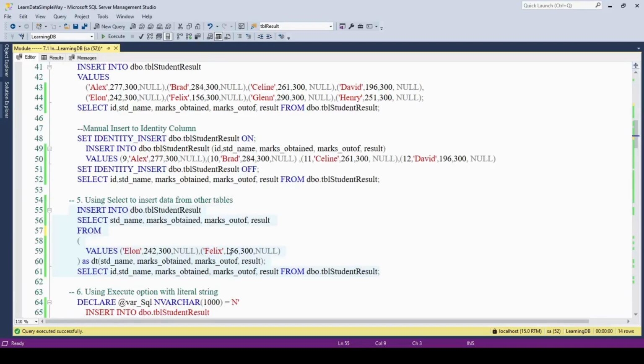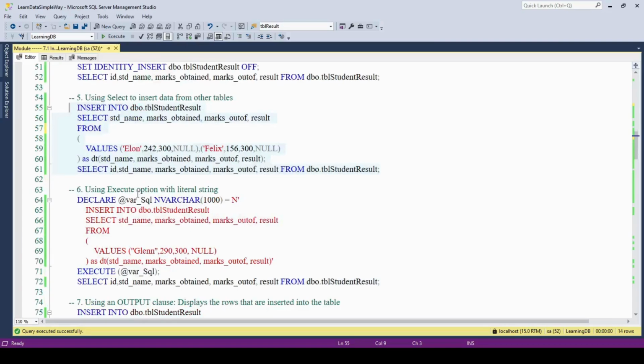Okay, now let us move on to the subsequent part, where we want to execute the statement as a literal string. Say you do not have a physical script written like this. Instead, you want it to be executed in the form of a variable. So how can you achieve that? You just need to copy this entire string from here to here, the entire string, into a single quote area,